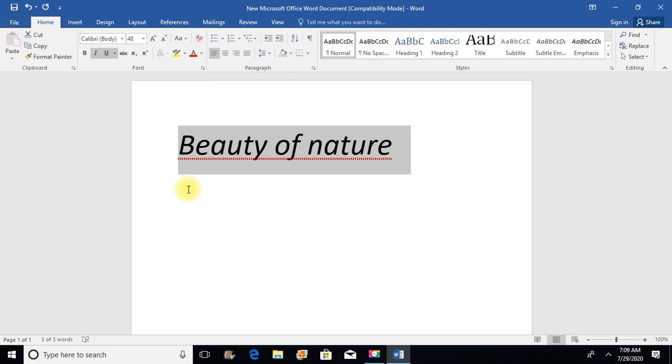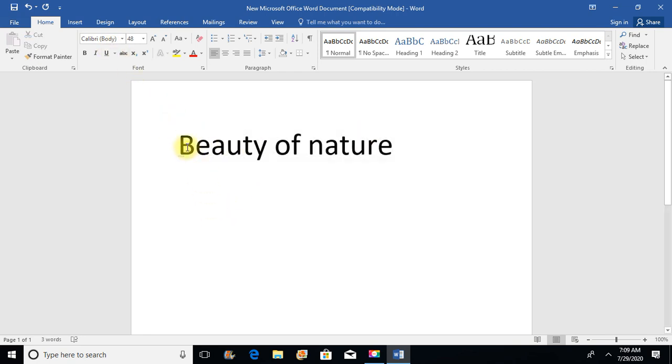Now let us see how to change the alignment. Let us make it normal. To change the text alignment, select the text and in the Home tab under the paragraph menu, you can see the alignment options.